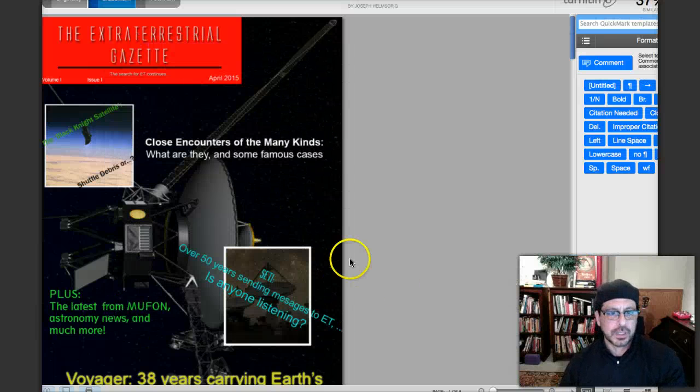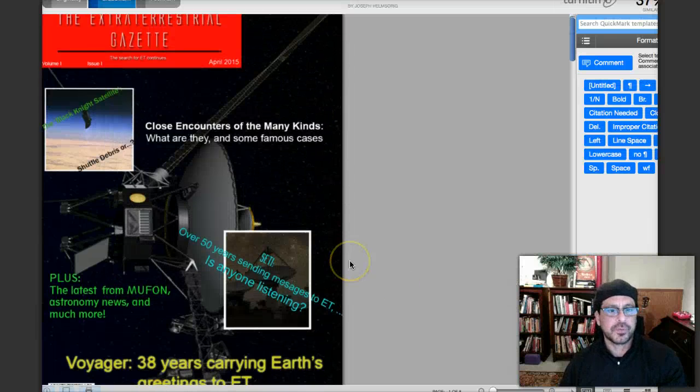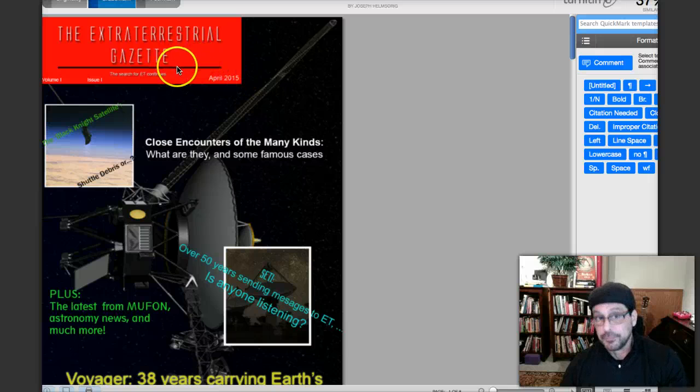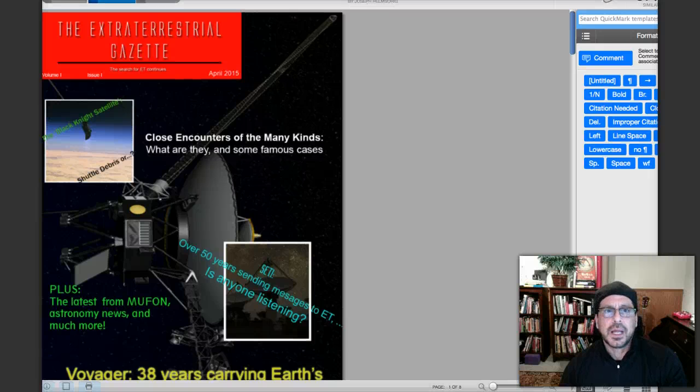I want to talk a little bit about your cover first. We'll start with your cover. Starting with the masthead, I really like the masthead. I think it's very attractive. It's designed beautifully, and it's very strong. Probably one of the strongest mastheads I've seen in this class. So good job there. One thing I'm really curious about in the masthead though is I need to zoom in